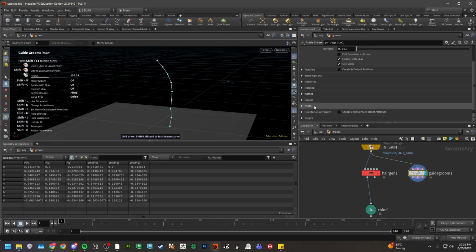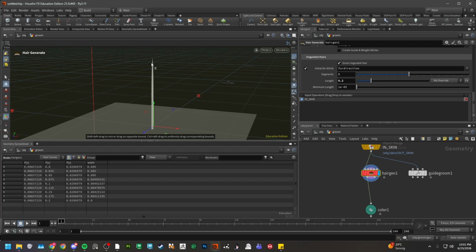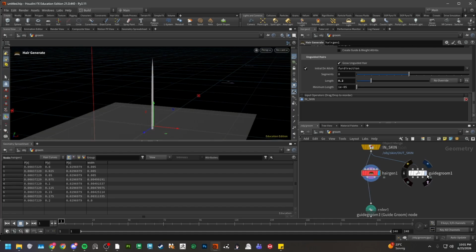So now we can actually change the width value, and now it works. If I turn off my point display here, the main difference that we see between a hair and a guide is that a guide has a constant width and a hair has this nice shape to it where it comes to a tip. Now it's important to understand why this is, and this again is just because points have